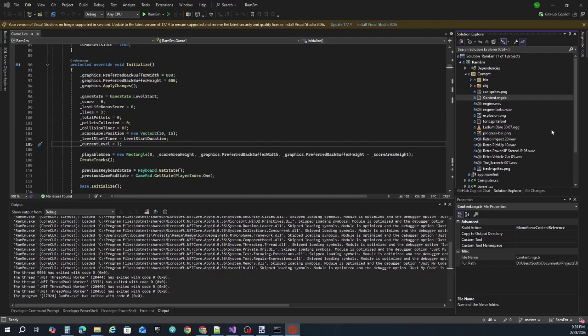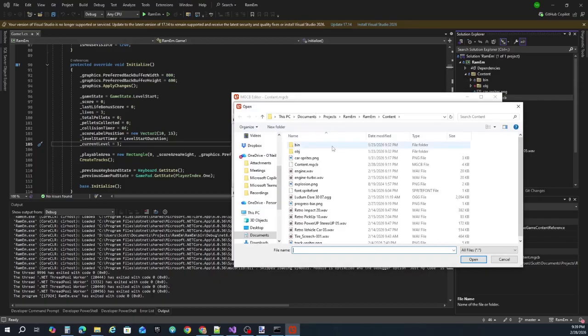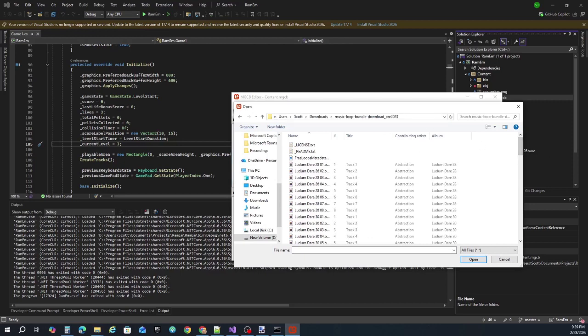access our content MGCB editor again. We're going to add some files. These are all from the Tallbeard music loop bundle that I talked about earlier. I'm going to add the link to that also in the show notes. We already have the 1 song. I'm going to add 4 more songs to our MGCB,